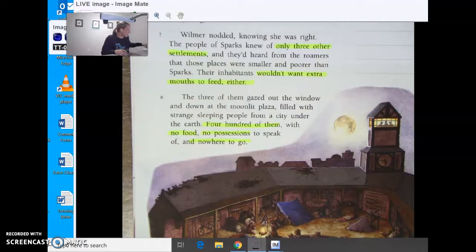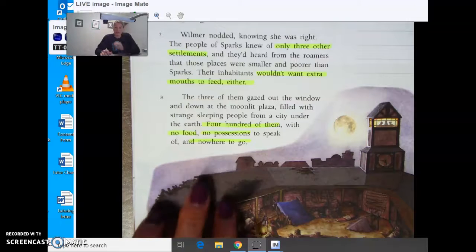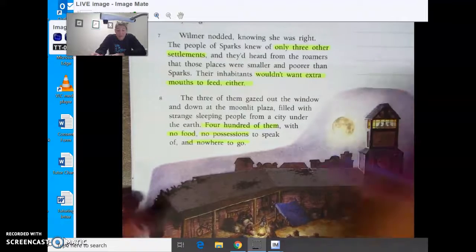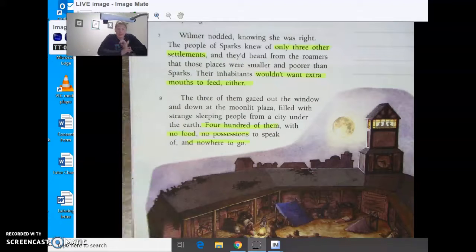What have we read that's really important to our understanding? We know that the war has devastated the earth. We have people who are really in a bad place. They're tired, they're hungry with no resources, and they've found a town that might be able to help them. But that's going to be tough as well because they have limited resources. So far in the story, if I wanted to summarize what I've read,